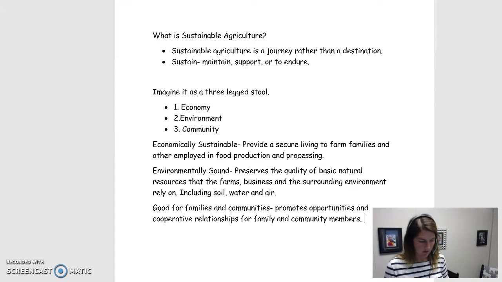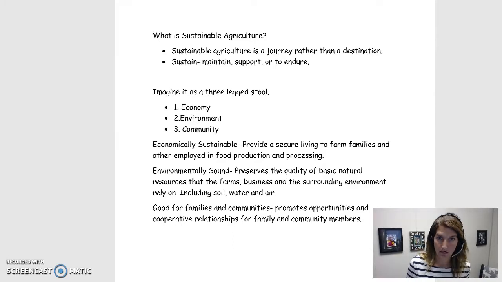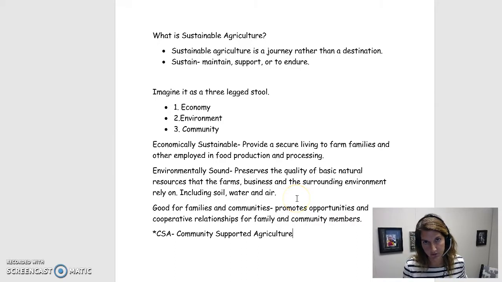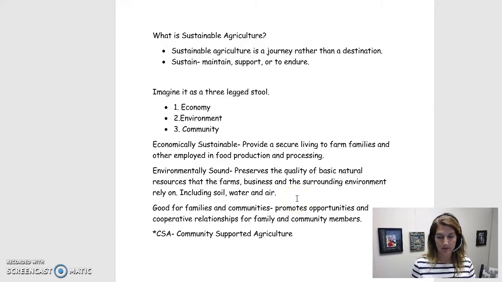So the last one that we're going to talk about is community. Okay, a lot of times the community can be involved in the farmer's aspect other than just buying the produce from the local market. The big push for right now, which is our final thought for the day, is a CSA. Okay, and what a CSA is, I want to make sure I spell this right. Community supported agriculture is what a CSA is. So that means a community that is behind a farmer or behind an agricultural industry.